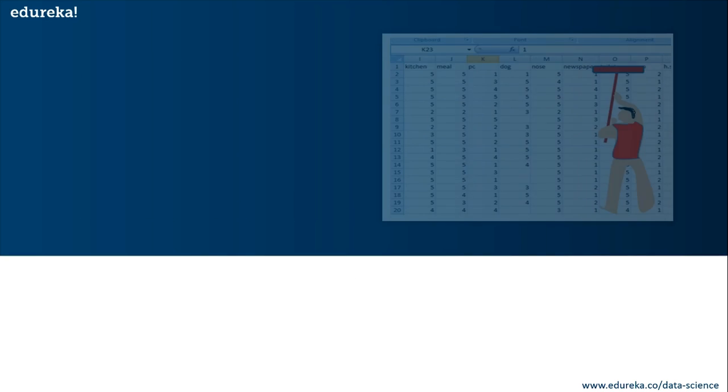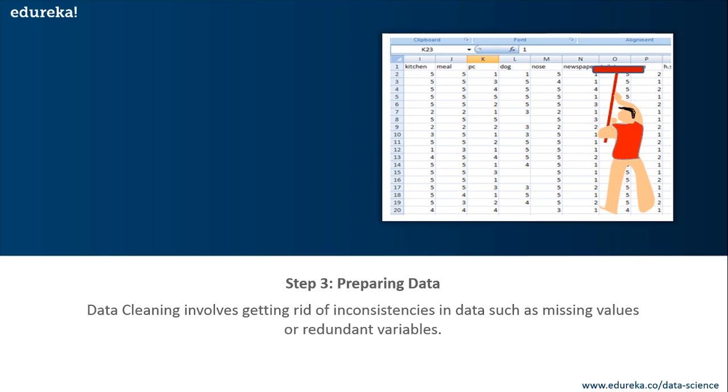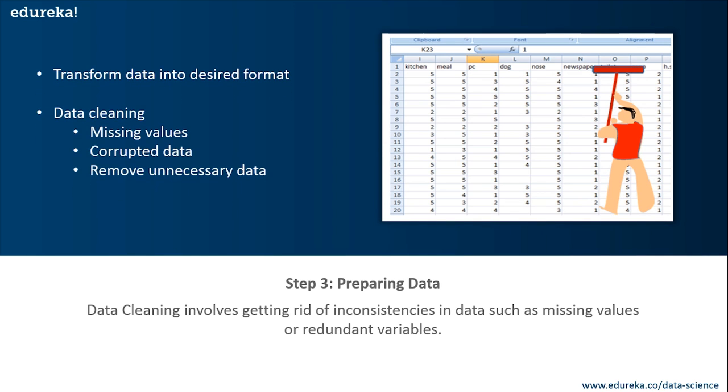Now the next stage in machine learning is preparing your data. The data you collected is almost never in the right format. So basically, you'll encounter a lot of inconsistencies in the data set. This includes missing values, redundant variables, duplicate values, and so on. Removing such values is very important because they might lead to wrongful computations and predictions. So that's why at this stage, you must scan the entire data set for any inconsistencies and fix them.